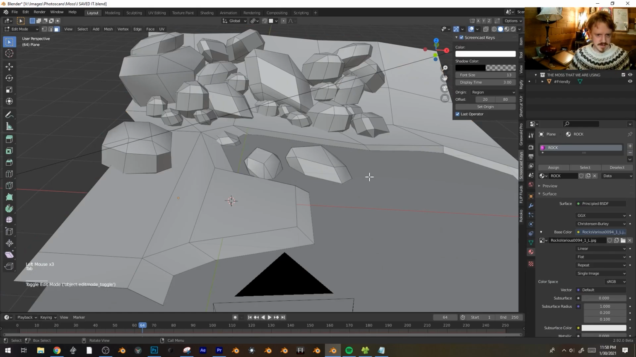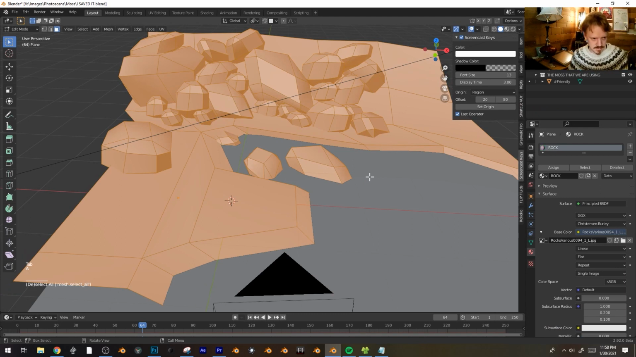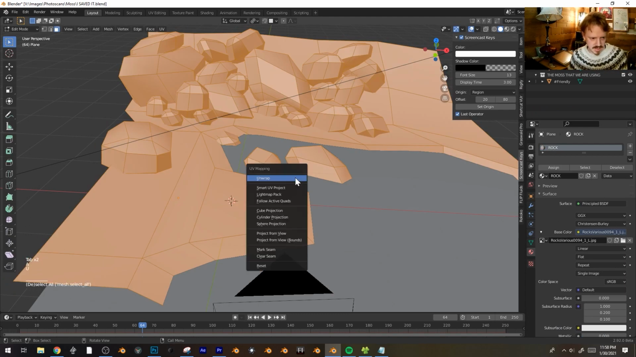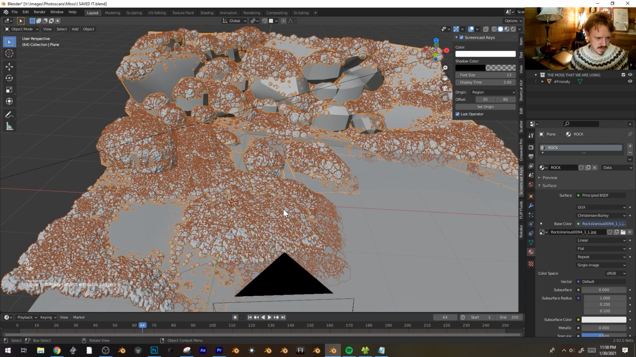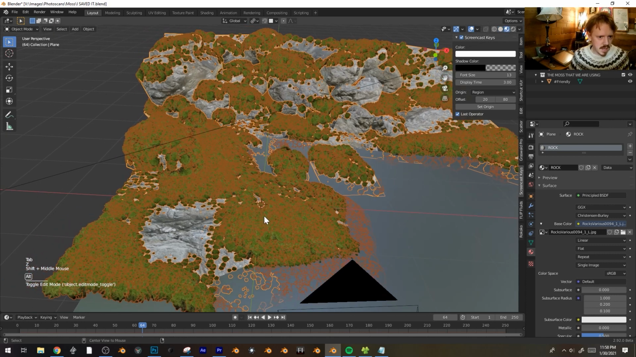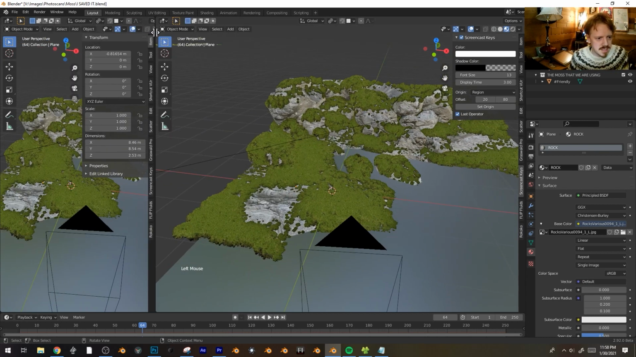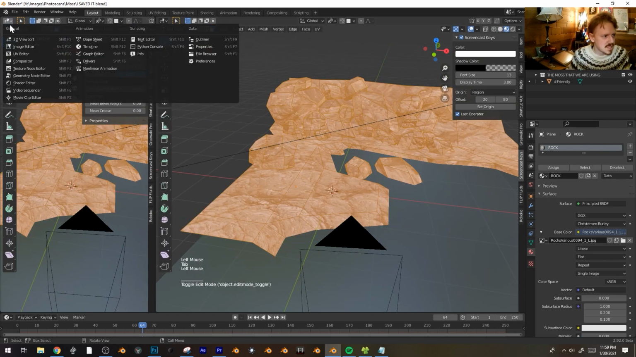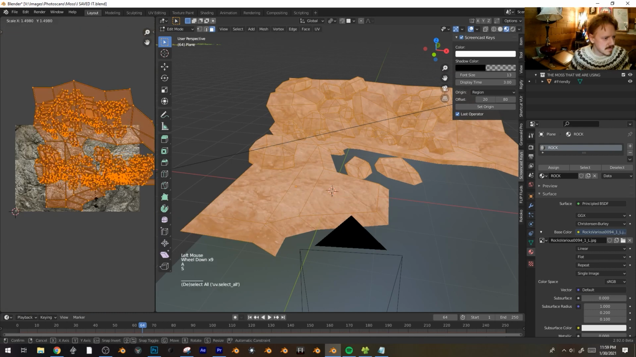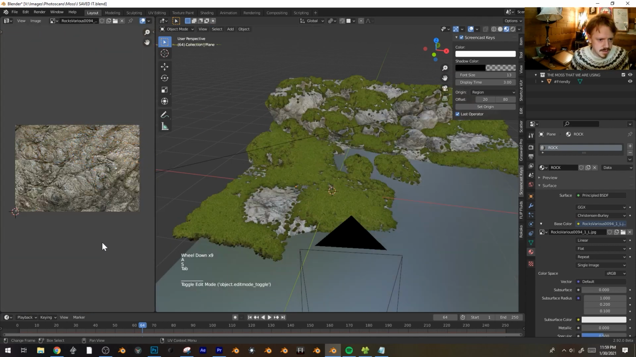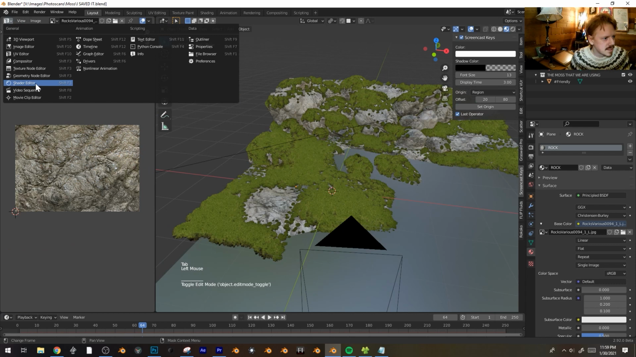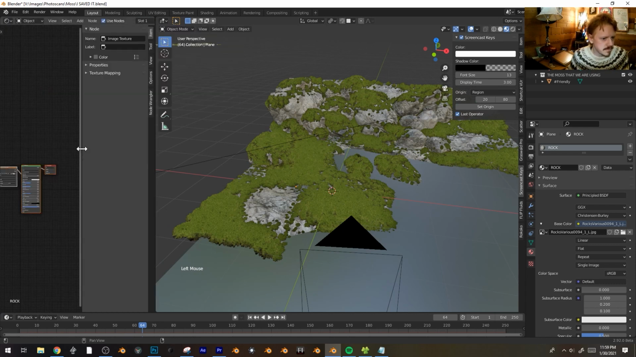If I select all this in edit mode, hit U, cube projection. Let's see. Oh, that's looking okay. I should probably pick a smoother river rock instead of this big granite boulder. But here, let's give the texture a little bit of love. First, in the UV editor, I'm gonna scale it up a bit. Cool. And then under the shader editor,